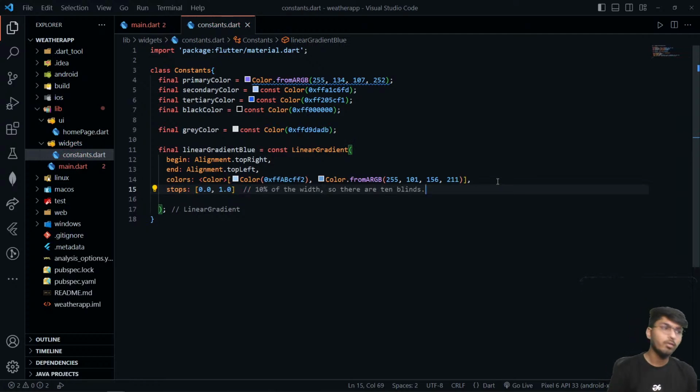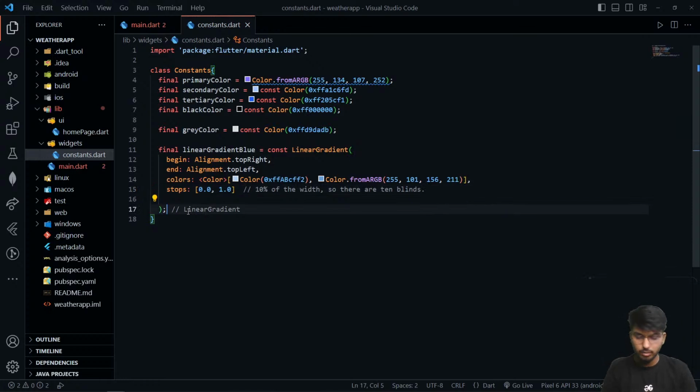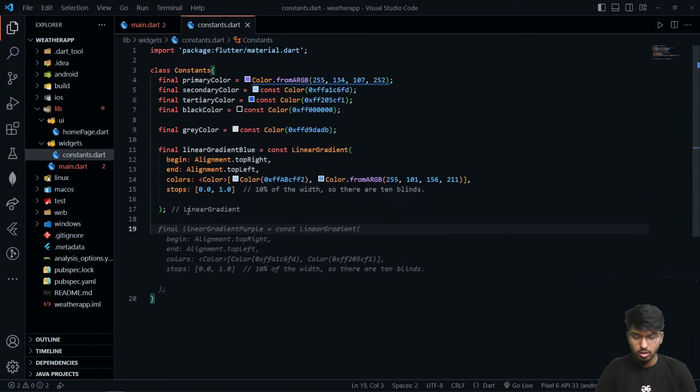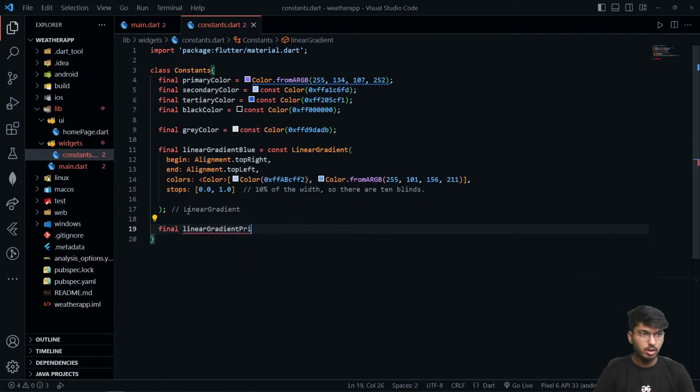It's showing 10% of the width, so there are 10 lines, 1, 2, 3, 4, 5, 6, like that. 10 different shades will be available in the particular code. Okay, so there is one more linear gradient that we have to create over here. So it will be final linear gradient